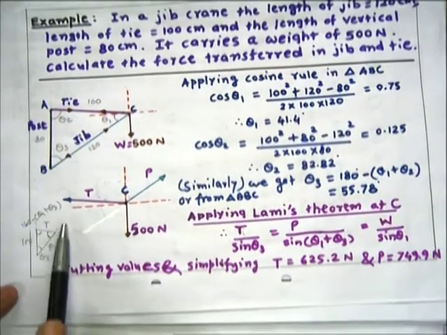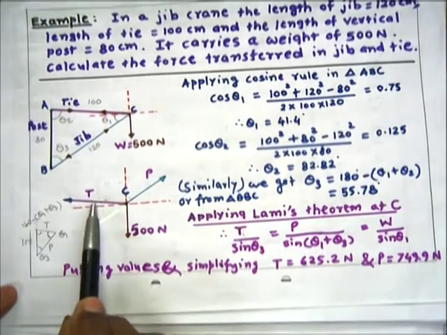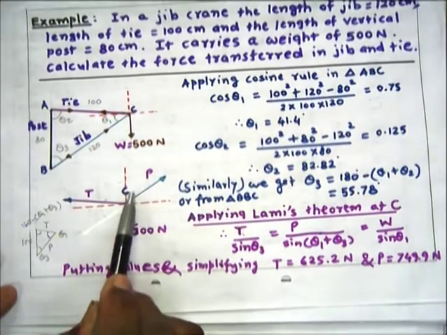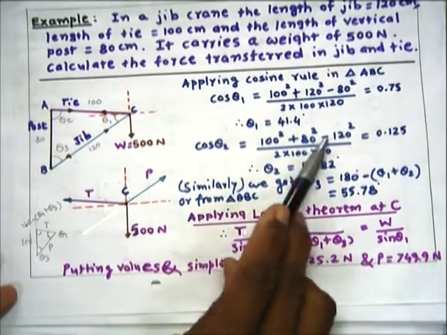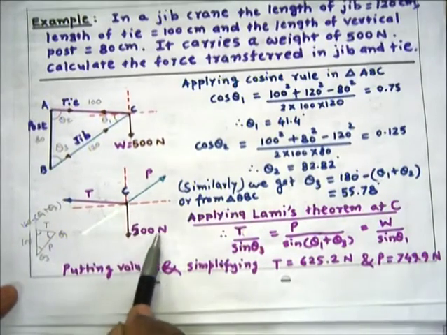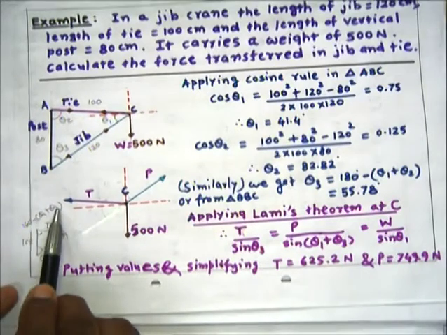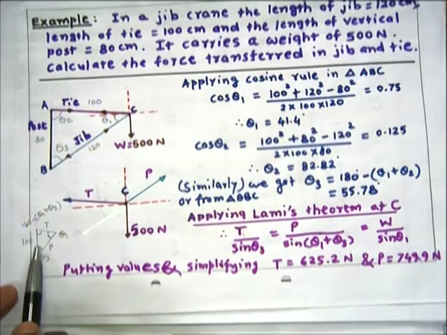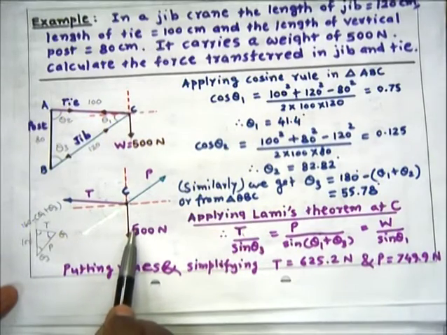So in this we will have the angle between T, that is this line, and P equal to theta 1, which we know. The angle between T and 500 Newton is 180 minus (theta 1 plus theta 2), that is theta 3, because this angle between 500 Newton and